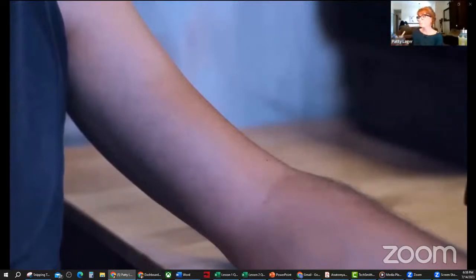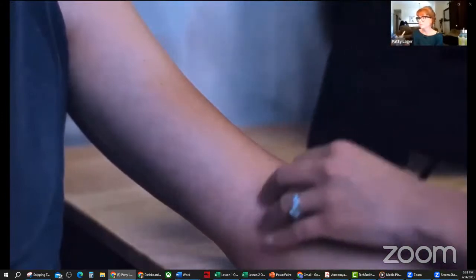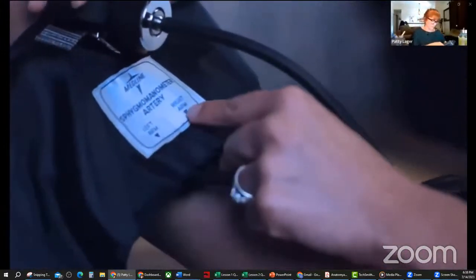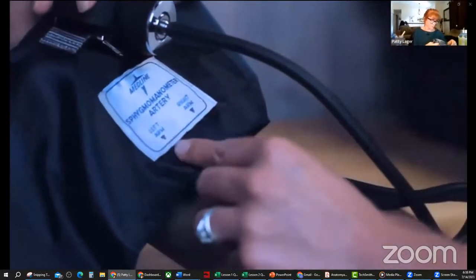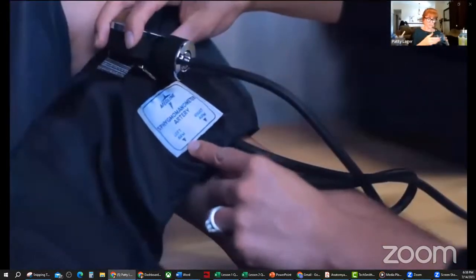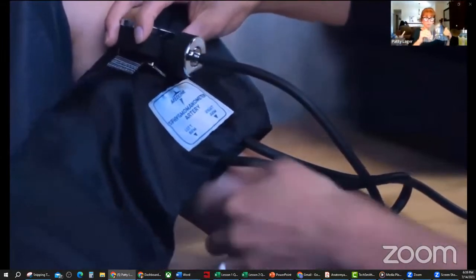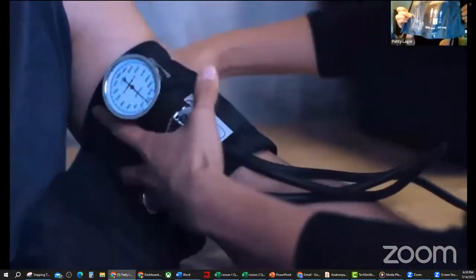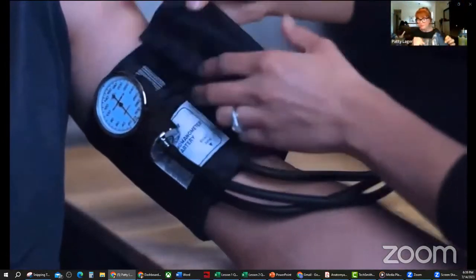So when I apply the cuff, I want to make sure that it's 2 inches above the bend or crease of the arm. So I'm going to apply this, and before I apply it, I also, on the cuff, if you notice, there's a right arm versus the left arm. Since we're going to go in the left arm, there's an arrow pointing down. That arrow specifies because I need to place it in the brachial artery, which is always in the inner arm of the cell. So I'm going to apply it here where the brachial artery is towards, and I'm going to up it around